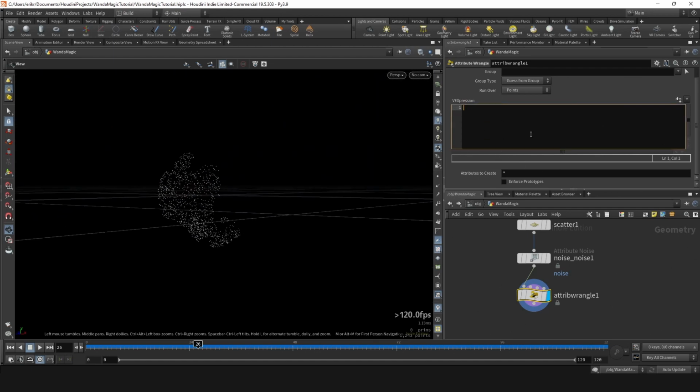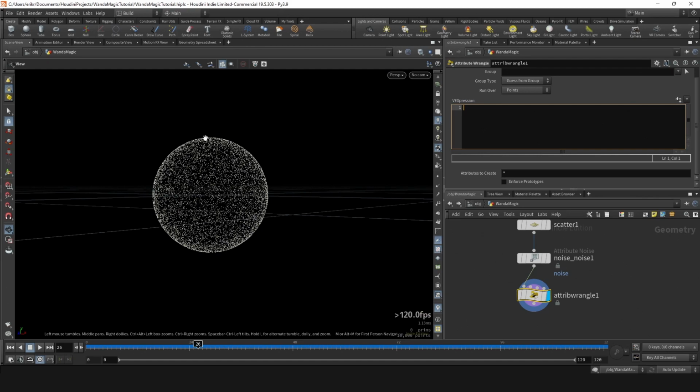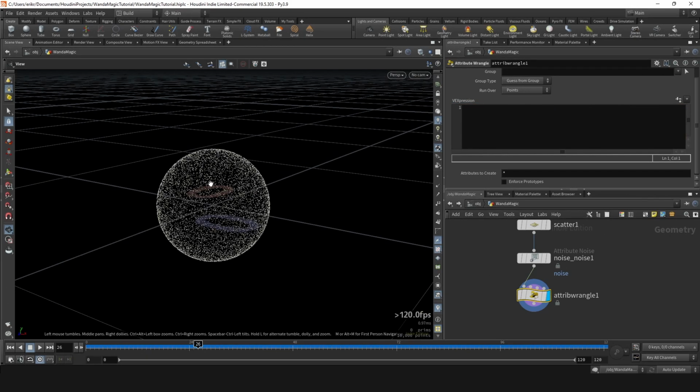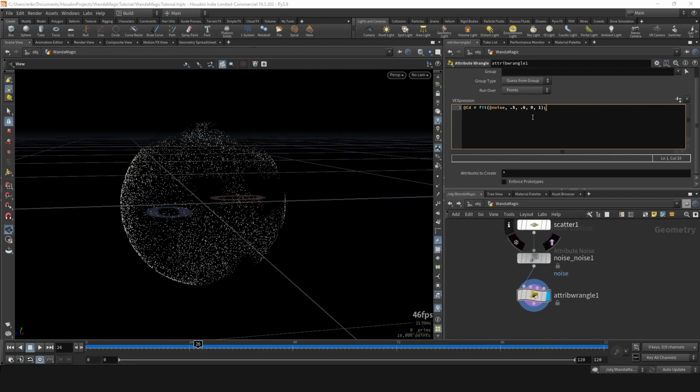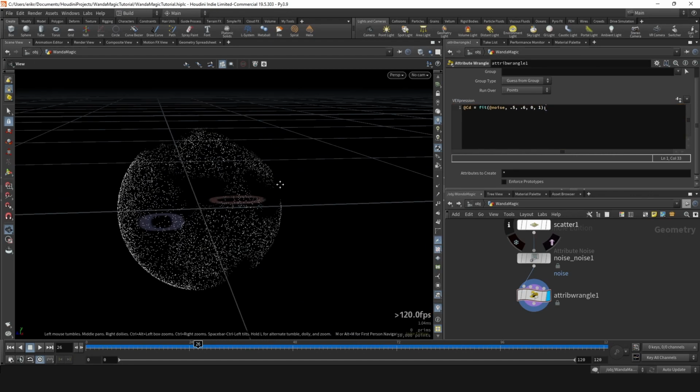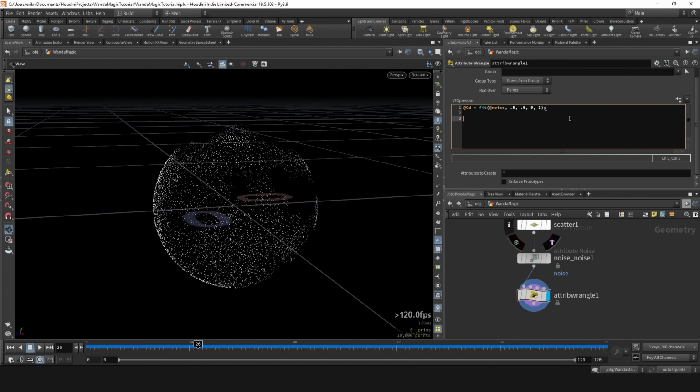So in order to isolate it so that we only remove them on the edges of our noise, everything that's, say, between 0.5 and 0.6, we can do that by using a fit function and a channel ramp. So if we set our color at CD equal to fit at noise, let's use the 0.5 and 0.6 example, between 0 and 1. It will color everything under 0.5 to black and everything over 0.6 to 1, and in between it's going to be 0 to 1. But if we do another CD is equal to channel ramp,